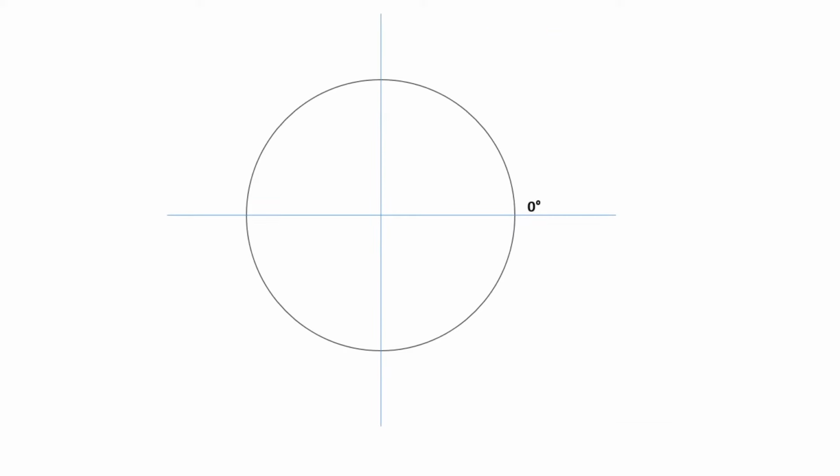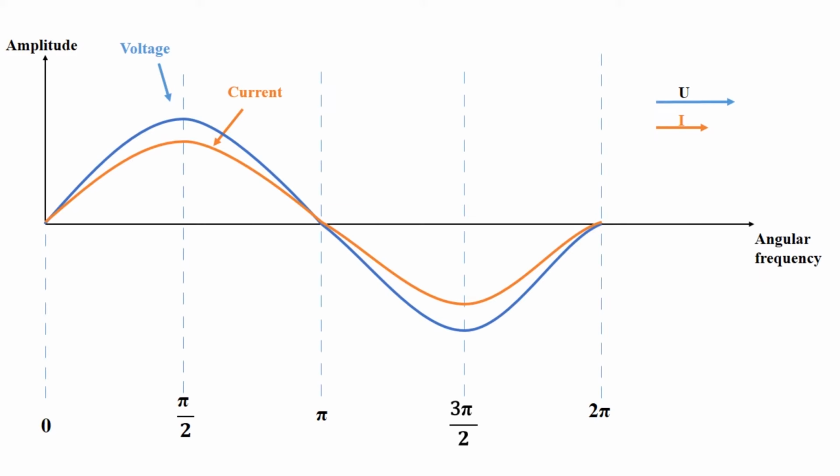A quick reminder about angular frequency. Assuming we are continuously drawing the circle anti-clockwise, with black color we have decimal degrees and with blue are radians. So from 0 to pi is half a circle or 180 degrees, then another half of a circle and we have 2 pi and so on. AC current is a repetitive sinusoidal function. So here we are at the phase angle.